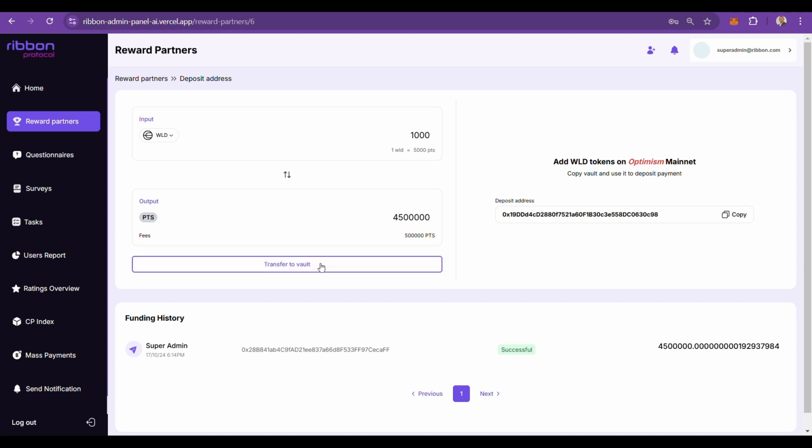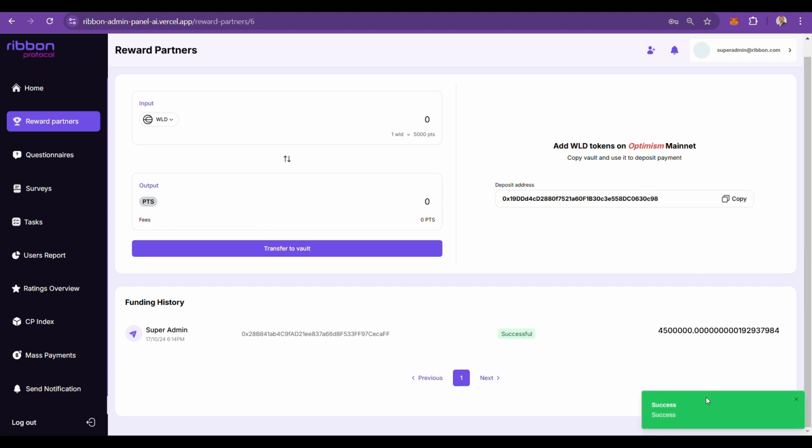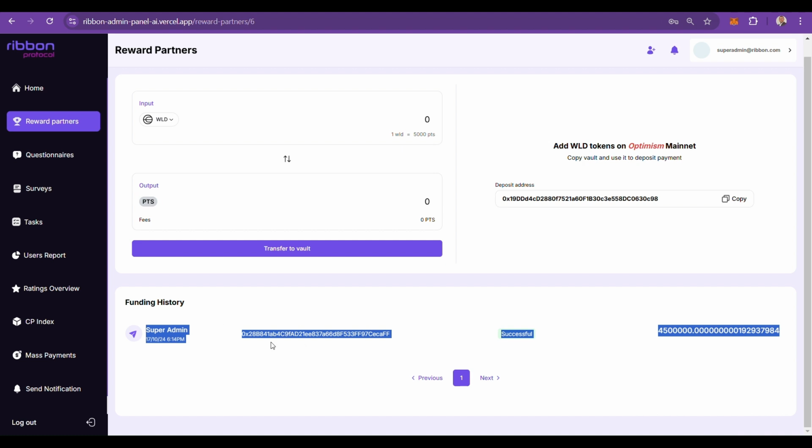Those reward points will be allocated to the users in the app to respond to these questionnaires, and then you reward them. This works very well for the use case for Coinbase if they want to run a rewards program, or they want to personalize their universal basic income. So basically, input the amount there, transfer to vault, and there we go. It transfers your 100 vault coin tokens and converts them into reward points that are made available for users